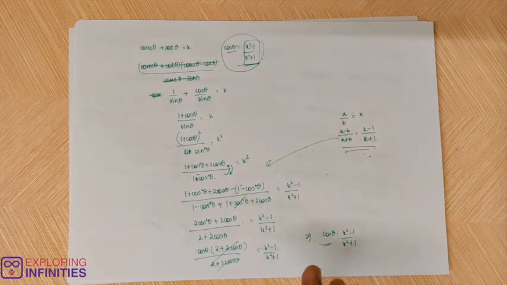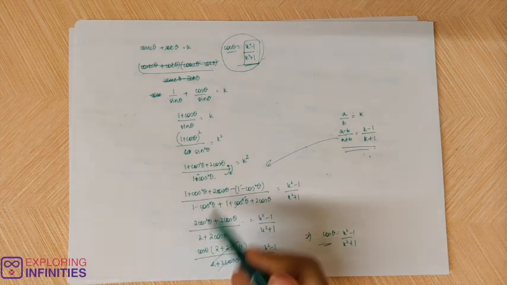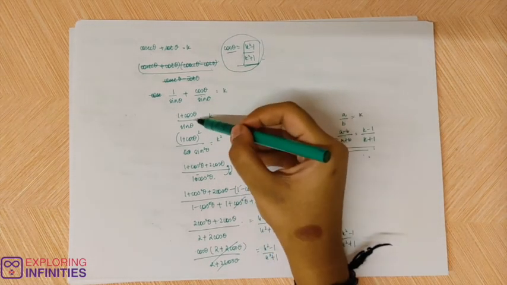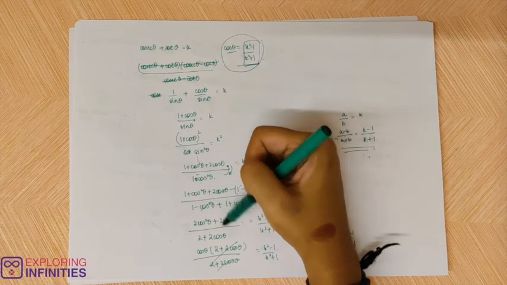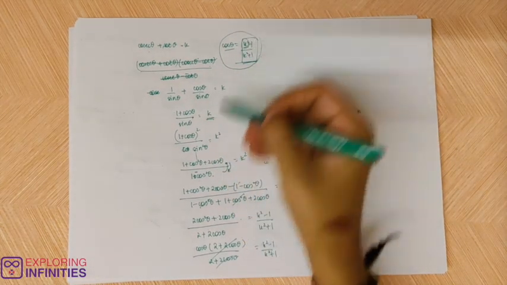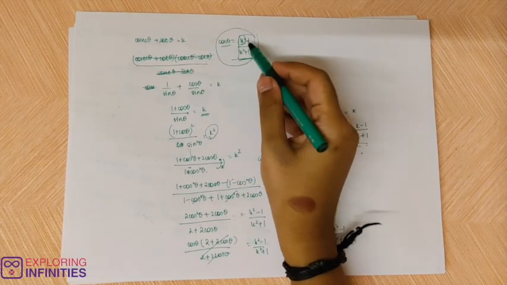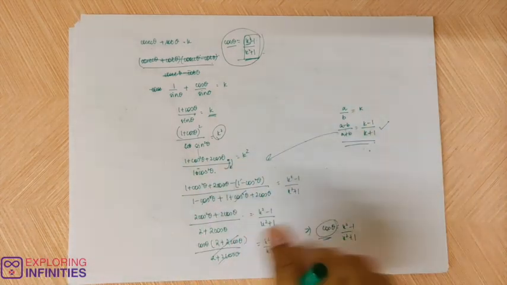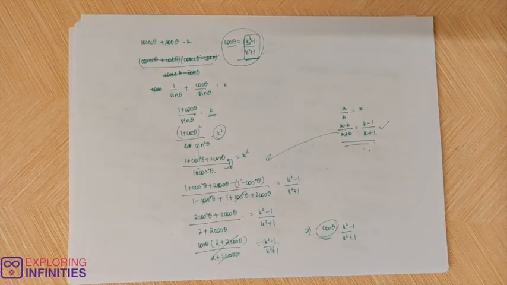Now, this is one of the many ways to solve it. You can always take your own way, and whichever feels comfortable to you, you can solve it like that. But always try to keep solving so that you'll end up with the answer. It may seem impossible over here, but slowly if you keep multiplying and dividing, and now there is k here, but this term has k square. So I squared it, and then later on this term had k minus 1 by k plus 1. So I used this property. So always keep solving until you get your solution. Okay. So that is how you go about questions like this.